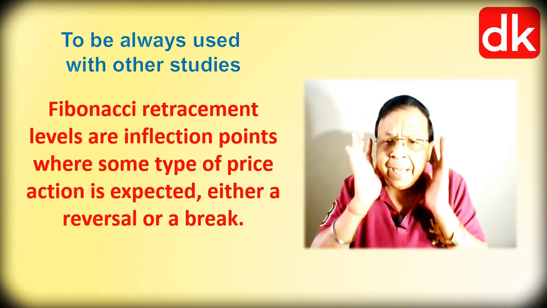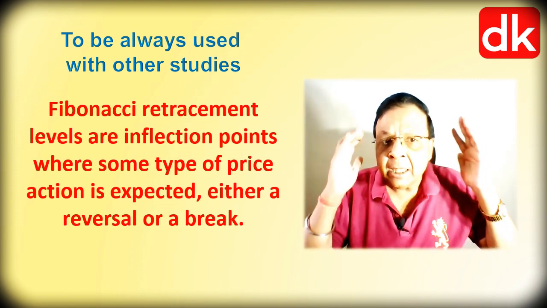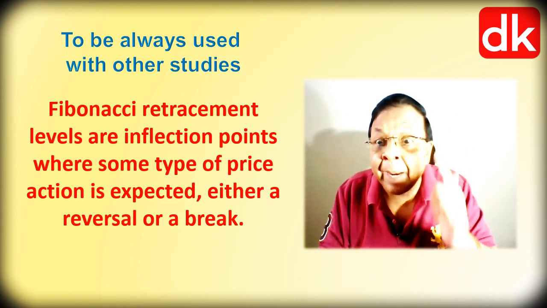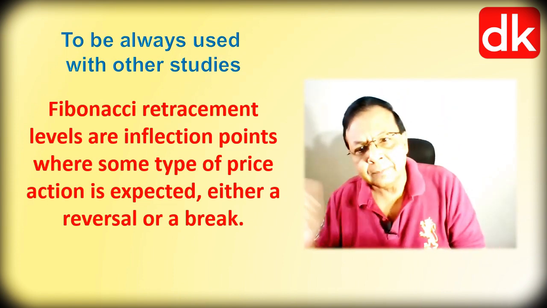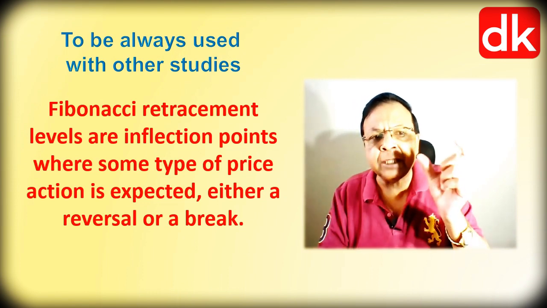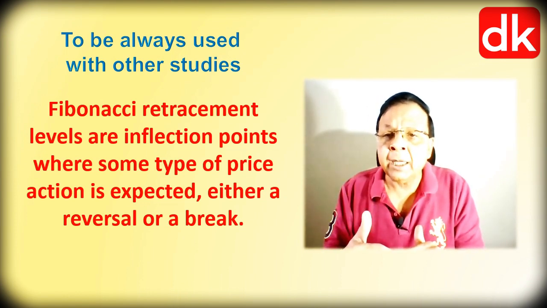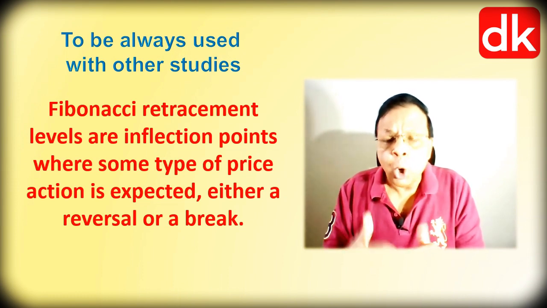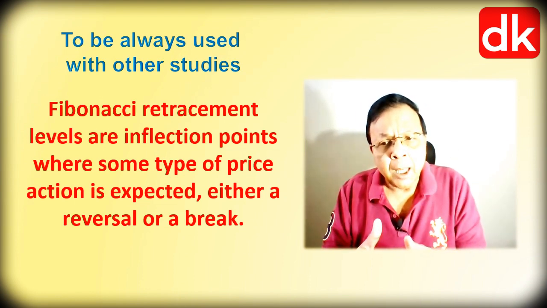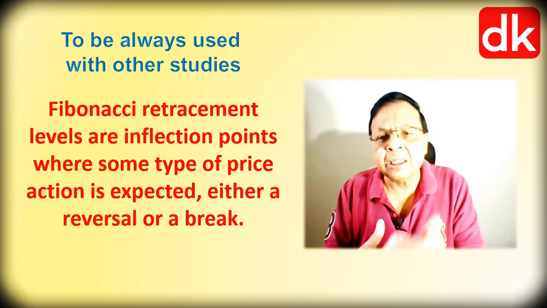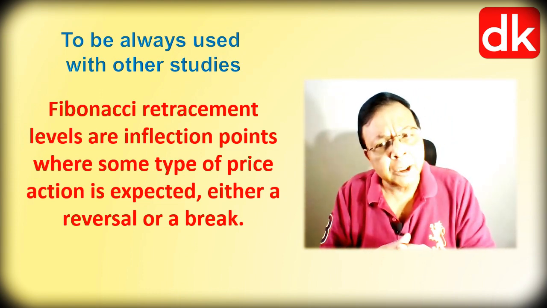And friends, we should bear in mind broadly that Fibonacci retracement levels are inflection points where some type of price action is expected to happen, either a reversal or a breakout or a breakdown, which means these are the key inflection points where we are expecting some kind of action, and if it is combined with the support and resistance drawn on the basis of price action analysis, or a trend line which is an established and valid trend line with a minimum of 3 or more touch points, or else friends, a key support or resistance area or key moving averages that we have already explained in various other tutorials under Zero to Hero.